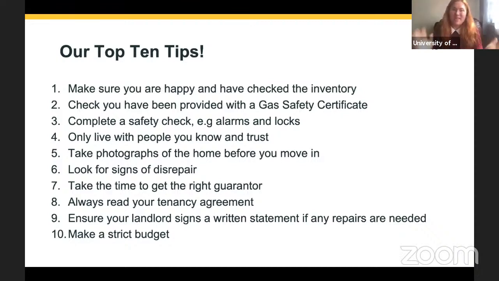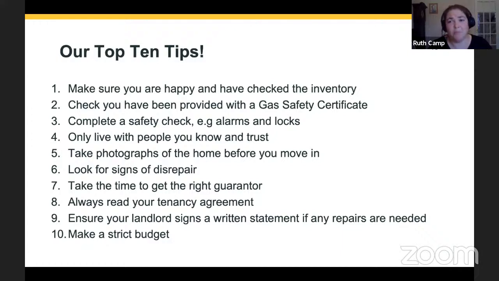And one thing that Ruth also spoke about was taking photographs of the home. We're all very lucky that we've basically walked around with a phone 95% of the time. Take a picture. If anything is wrong, make sure that you're documenting it. It's really boring to do, but at the start of your tenancy, go around and take photos. Take photos of the walls, take photos of the windows, take photos of the floor. It doesn't really matter if you have 100 pictures on your phone of a tenancy that you're going to live in for a year.